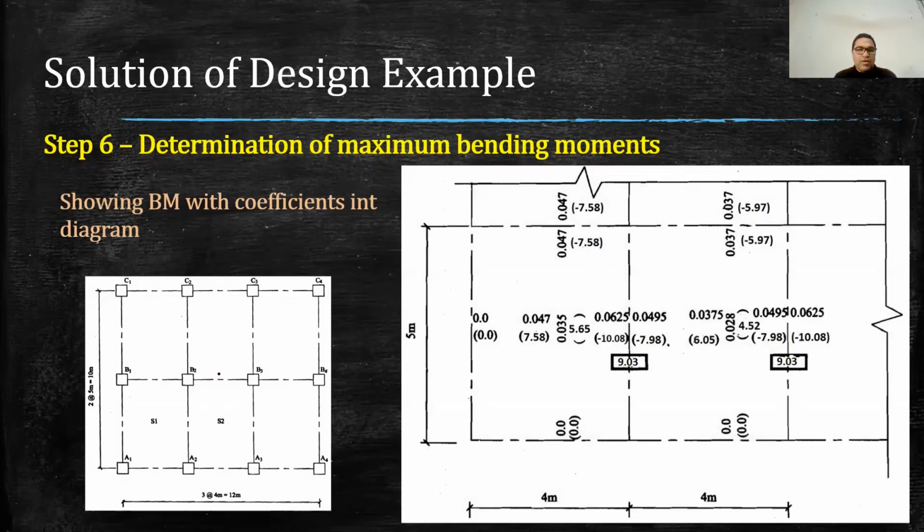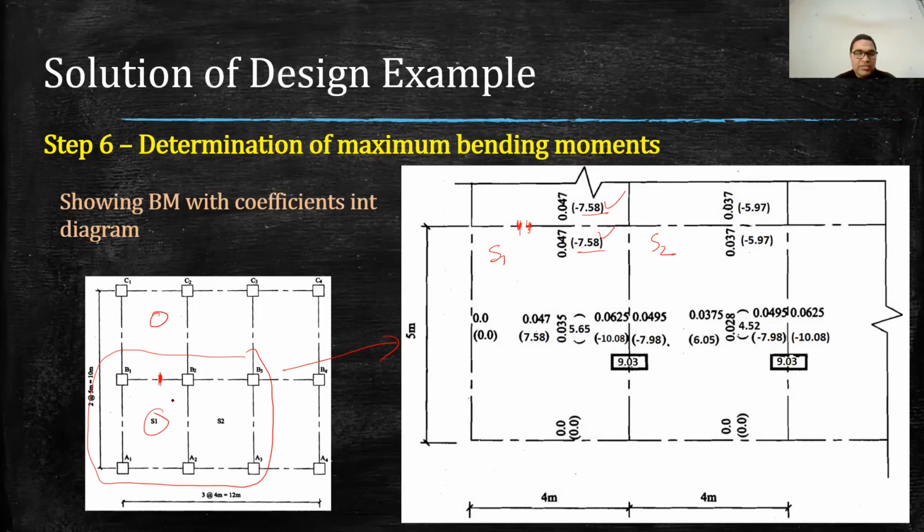See, I am showing you a section of this one here. So you can see we have calculated bending moment for slab S1 and for slab S2. So you can see bending moment at this edge will be read as My negative. So My negative is minus 7.58 and minus 7.58 because this slab and this slab are identical, and therefore at this edge the value of moment here and here will be same.